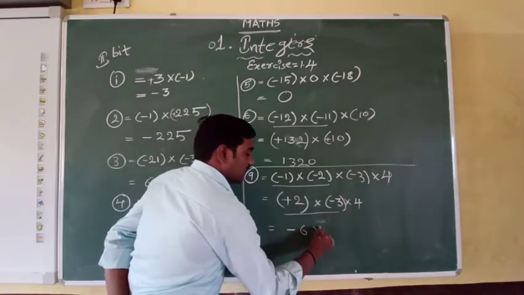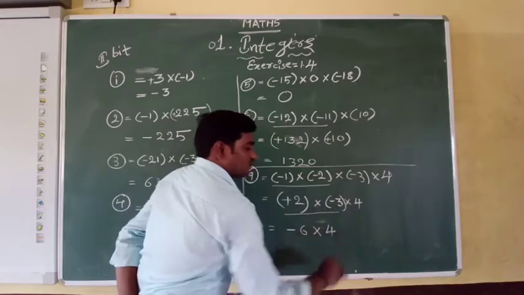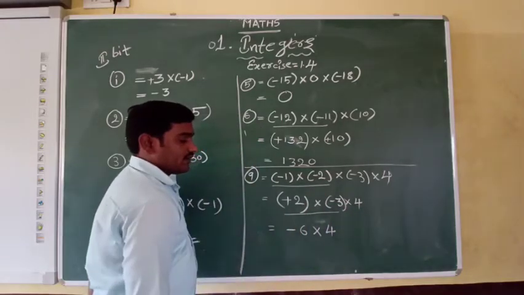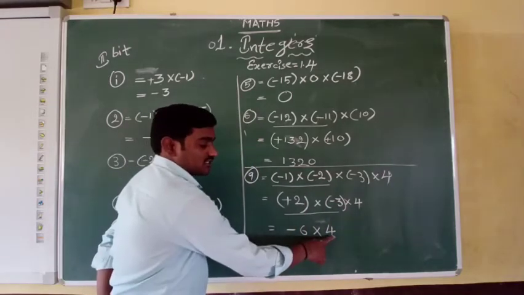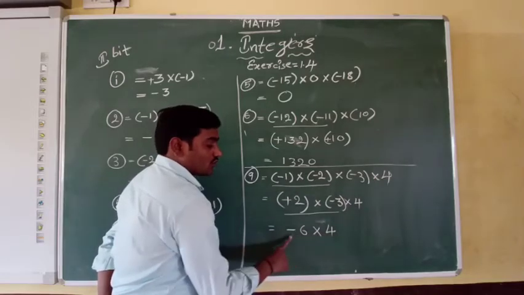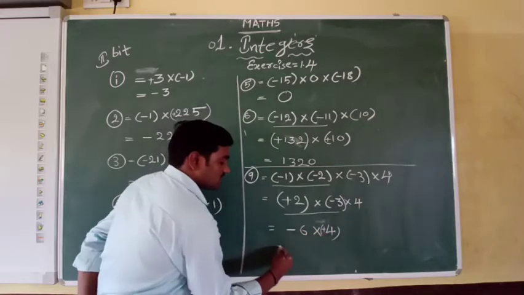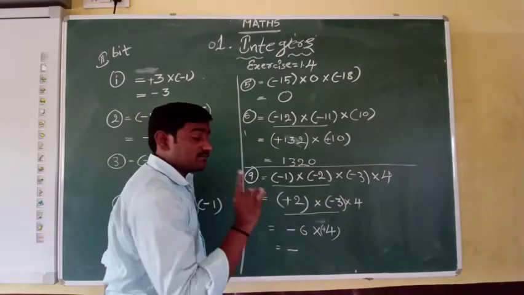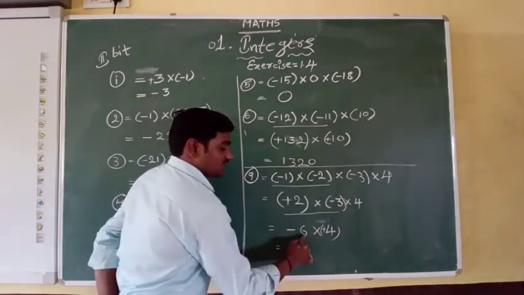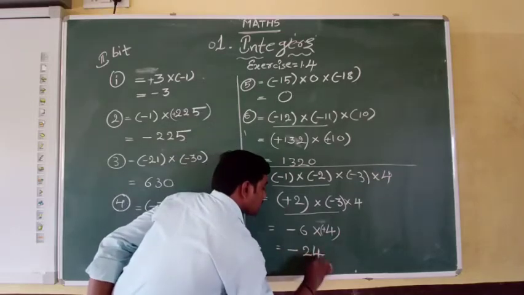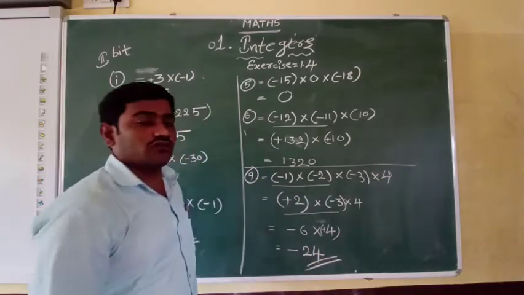Now what is there again? This term is left, that is 4 is left like that only. We kept it like that. Now we go for that. This 4 is plus 4. So minus into plus 4. First we need to multiply the symbols. Minus into plus is minus. 6 4s are 24. So minus 24 is the answer.